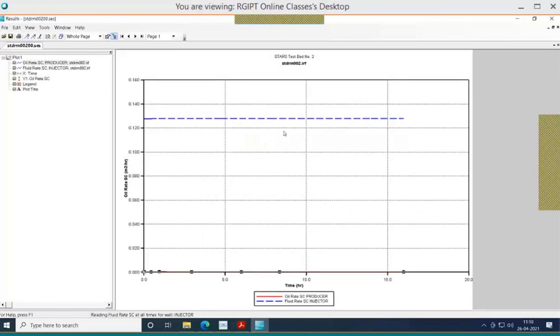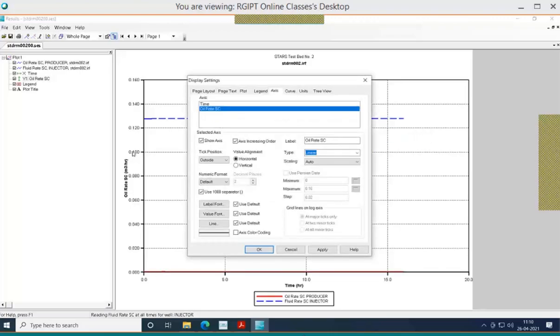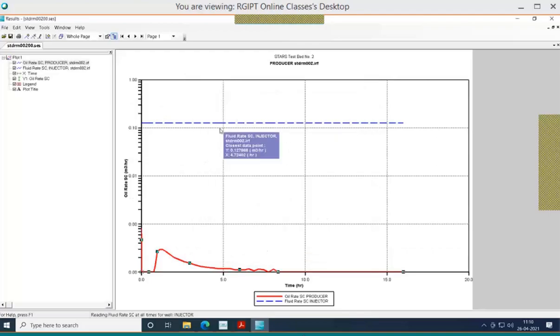This is the fluid rate that we have injected, because we are injecting at a constant rate. So this is the fluid rate we injected. And let us have this in log scale, so we can see both of these.